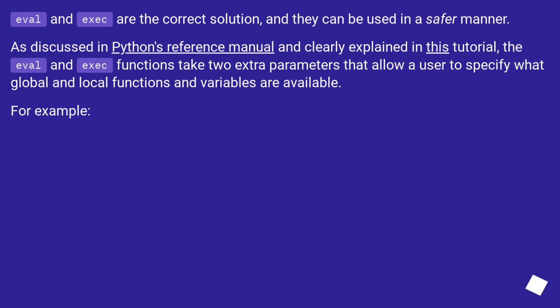eval and exec are the correct solution, and they can be used in a safer manner. As discussed in Python's reference manual and clearly explained in this tutorial, the eval and exec functions take two extra parameters that allow a user to specify what global and local functions and variables are available. For example,